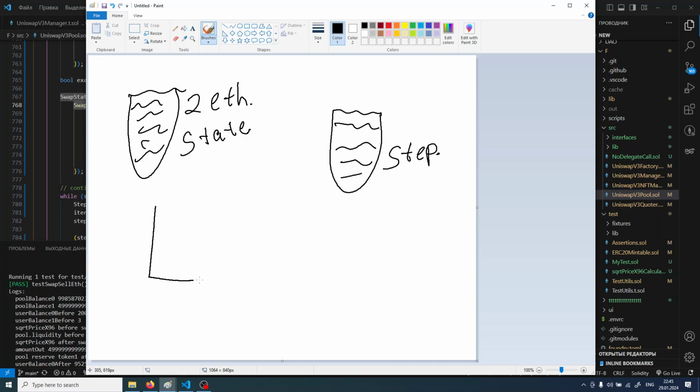So when the price goes through ticks, every tick, you can imagine something like this. So every step we modify our bucket state,